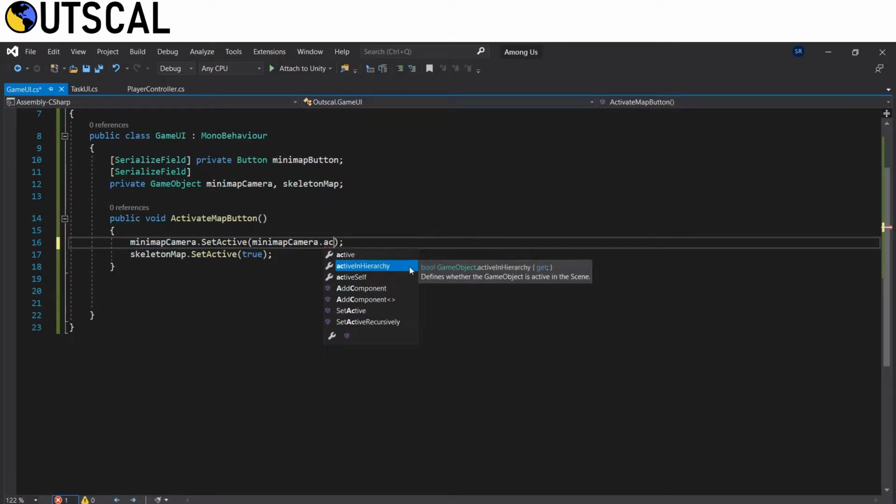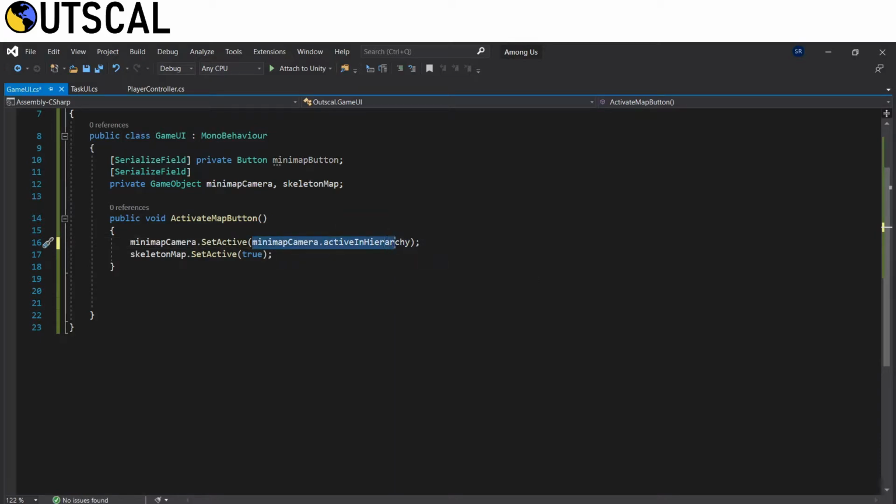hierarchy. So as you can see here, active in hierarchy defines whether the game object is active in the scene. So let's say if this thing returns true, that means our minimap camera is active. And if we click on our minimap button and our minimap camera is active, that means we want to deactivate it.